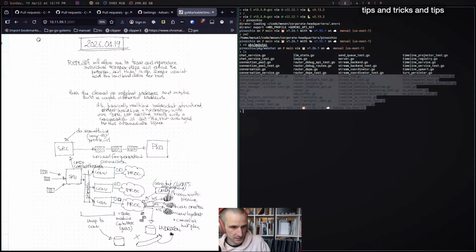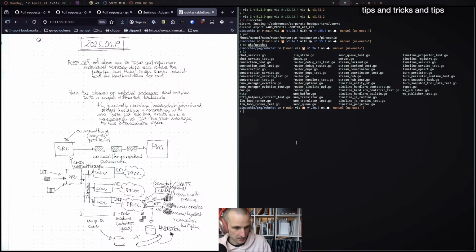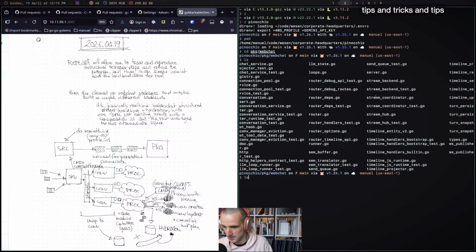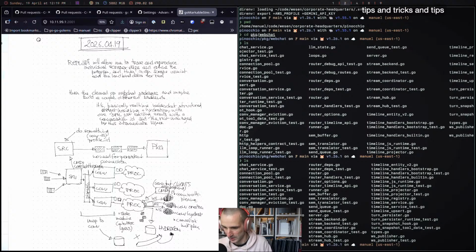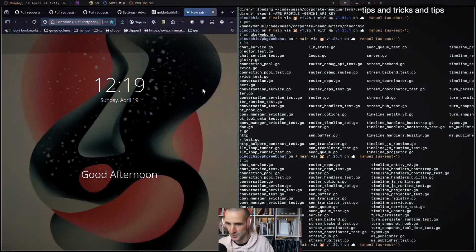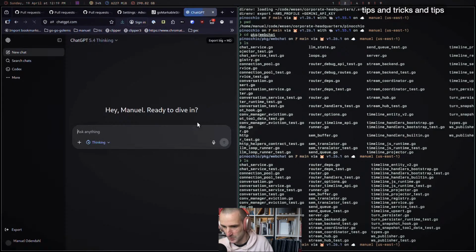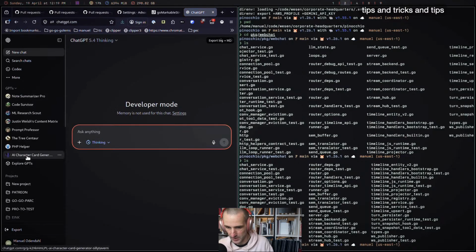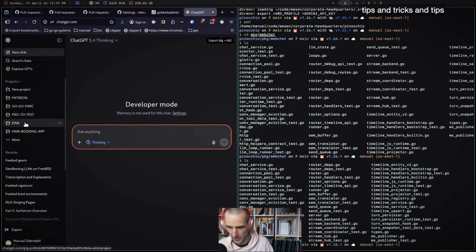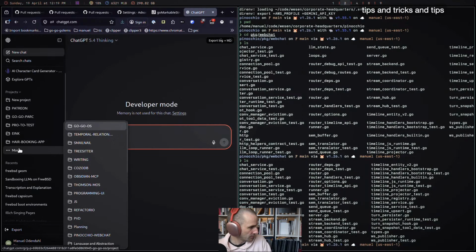You can see that in the number of files in here. There's a send queue and a stream backend and a router timeline API and a router and a conversation. There's just so much stuff in there. And I started doing some ChatGPT Pro analyses because I realized this is probably a little bit too much for my brain to properly handle.